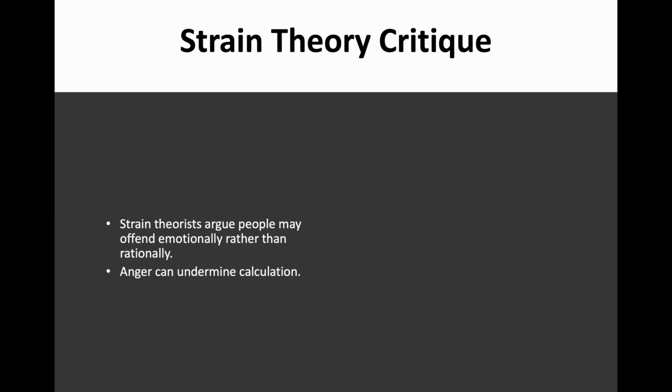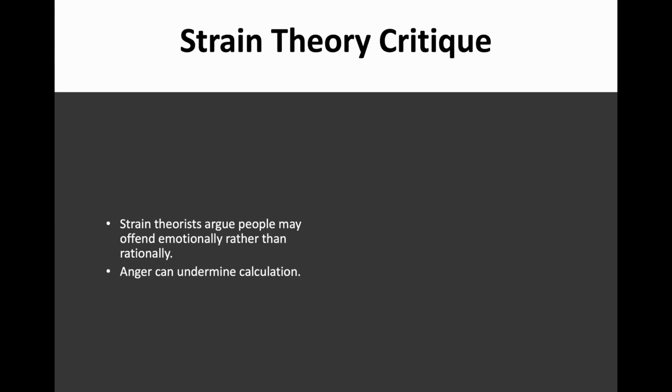Deterrence theory assumes that offenders evaluate the costs and benefits, but strain theory argues that emotional pressure may overwhelm rational calculation. For example, things like anger, humiliation, chronic stress, and frustration. All of these may produce impulsive or emotionally reactive offending. This is especially important for violent crime. An individual acting in a rage during a domestic dispute might not carefully calculate punishment risks beforehand. Similarly, chronic strain may create desperation that weakens deterrence effects.